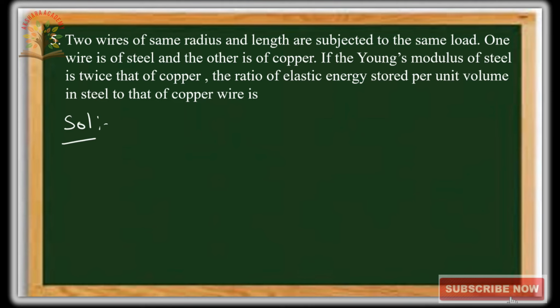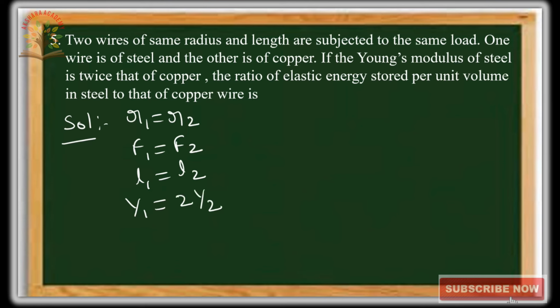In this, they given two wires of same radius, R1 is equal to R2, same load, F1 is equal to F2, and same length, L1 is equal to L2, but Young's modulus of steel is twice that of copper, that is Y1 is equal to 2Y2. You have to calculate the ratio of energy stored per unit volume, that is U by V of 1 by U by V of